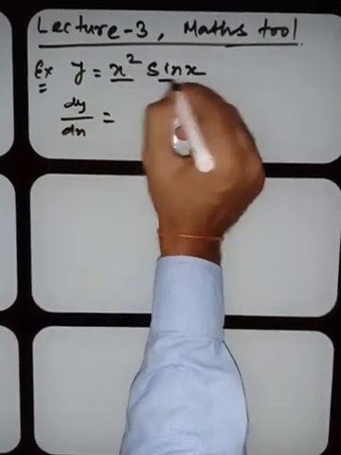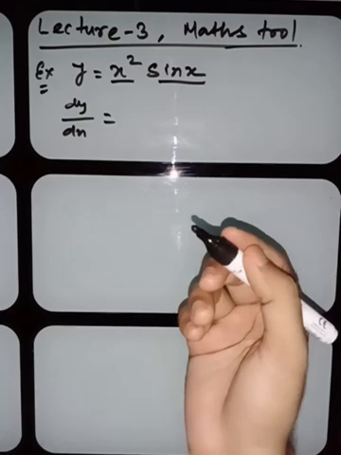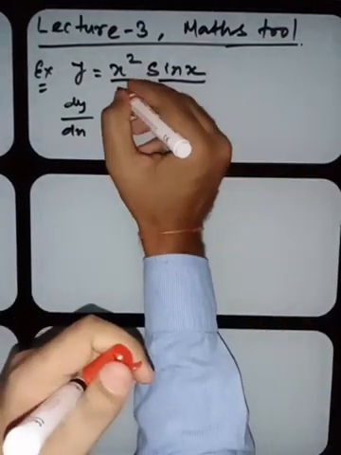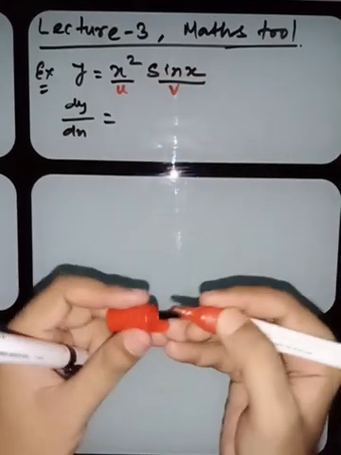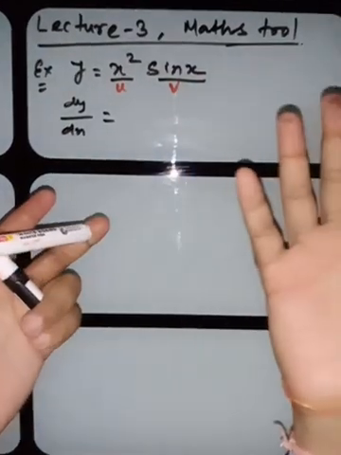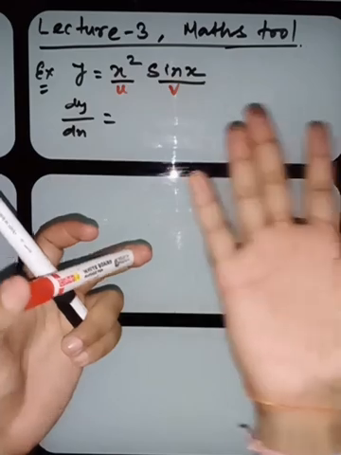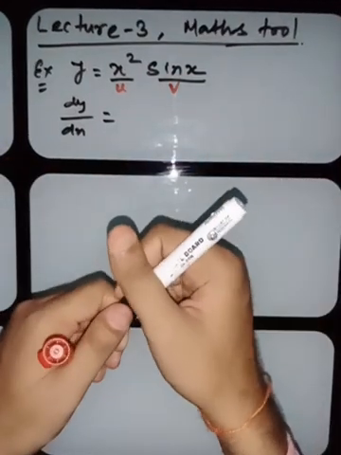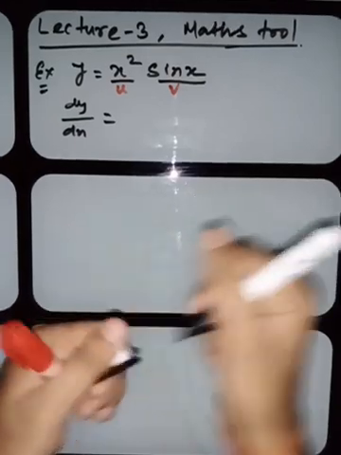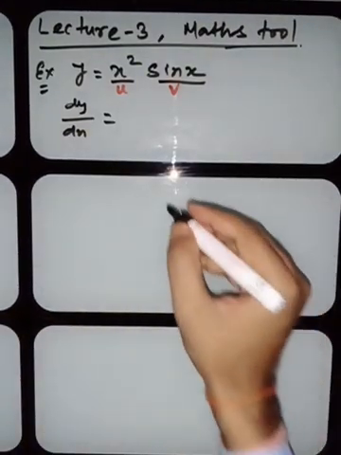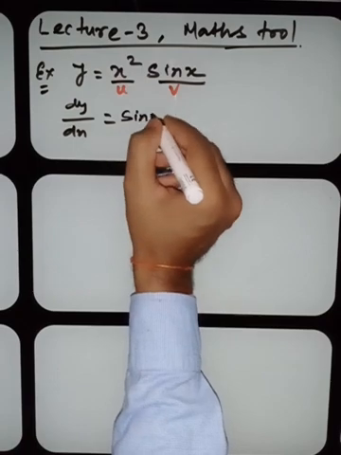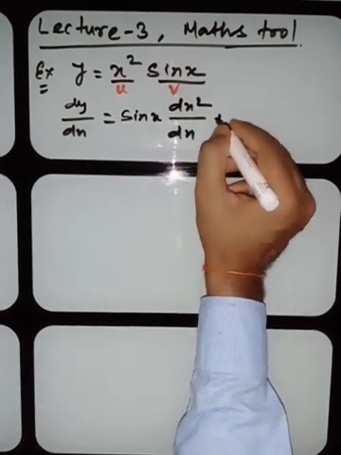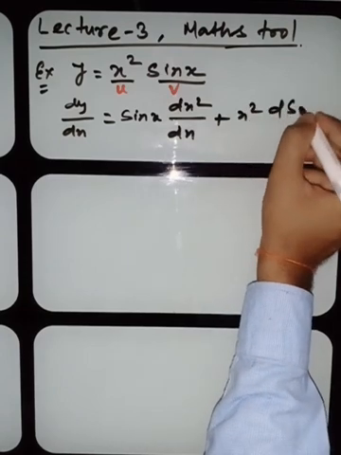Look here, this is the u and this is the v. In a u v product function, this is u and this is v. You can take any one as u and v. Remember, you can take this sin x as v. There's no problem, you will get the same answer. So the v will be taken out: sin x d(x square)/dx plus x square d(sin x)